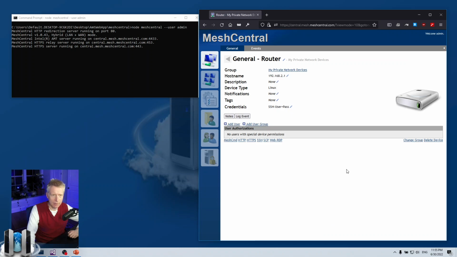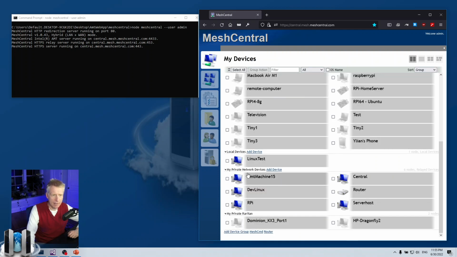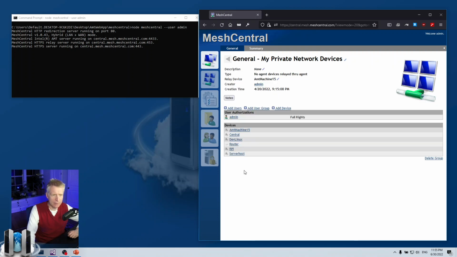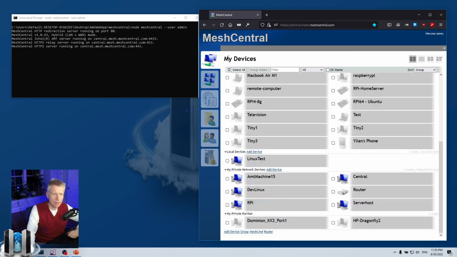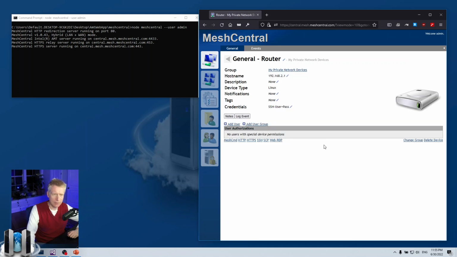So the router has been added with my address, 192.168.2.1. This is the address of my router. And then I've taken this entire group and said relay through AMT15. So any of these devices, if I try to access them, it will go through AMT15, my machine on my left, and then to the target, the router.